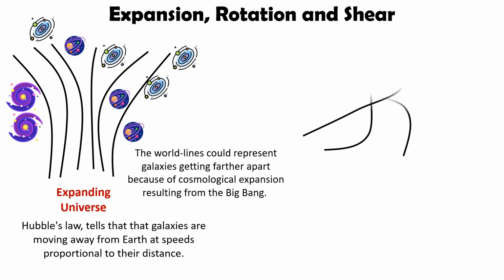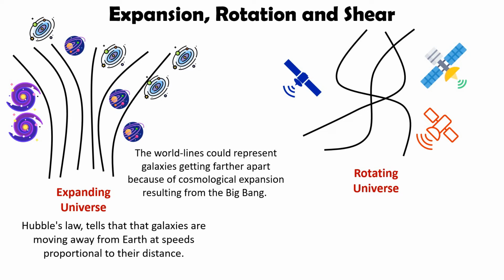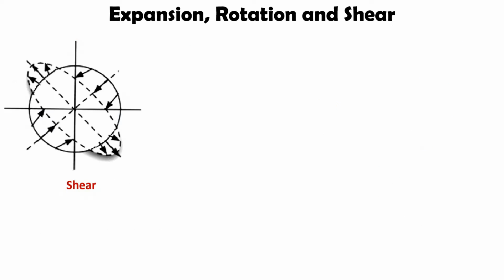Now you see this is the rotating universe. So the lines are rotating. This is called a rotating universe, and you can imagine those satellites and other things orbiting, so they're rotating. So these world lines could represent a constellation of orbiting satellites or any other things that are going around in a rotating laboratory. So this is the expanding, this is the rotating, and the most important is the